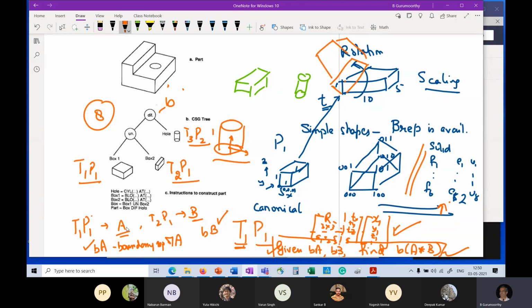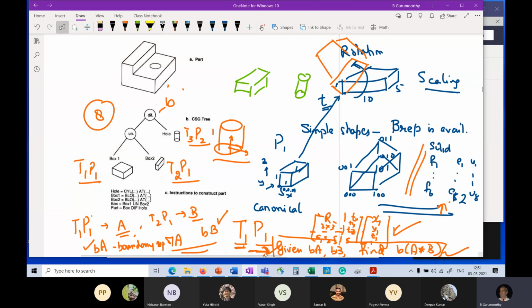So the CSG tree plus this step here will take care of your construction of solid models. So this is straightforward. There's nothing more to say about the CSG tree. You just have to pick the primitive, rotate it, scale it, and then combine it the way you think it should be done. And the input from the user is over. And then this happens in the background inside the computer. And so that needs to be studied now.